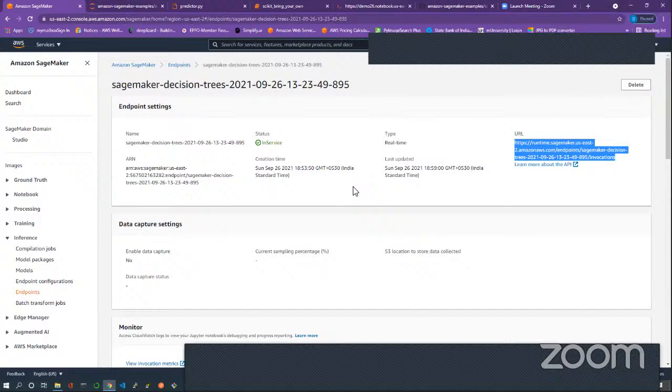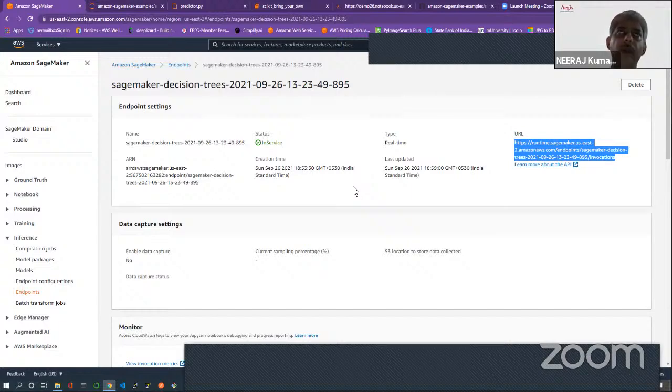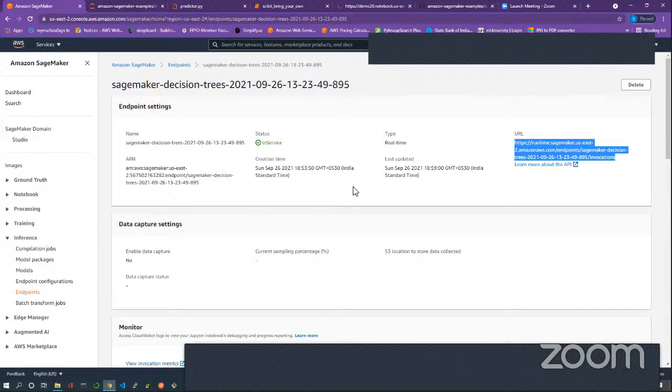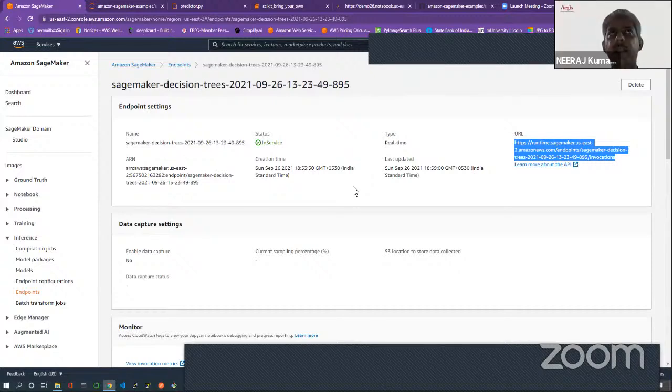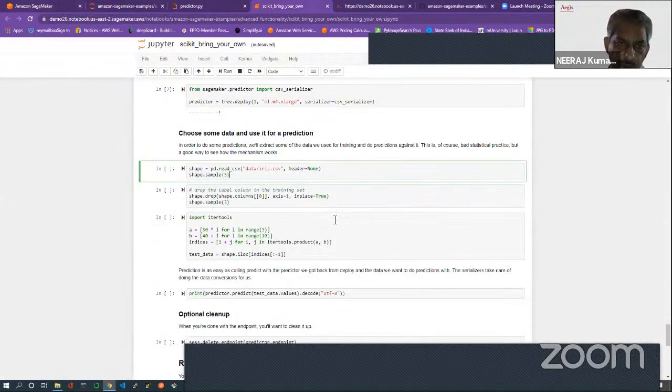It will come to your container inside SageMaker. Your training job or whatever model will see that input data, and then on that basis it will give you back the inferences, and you will find that in your application, and then you can proceed with the next step of your business application. Okay. Right? So that's the way it happens.